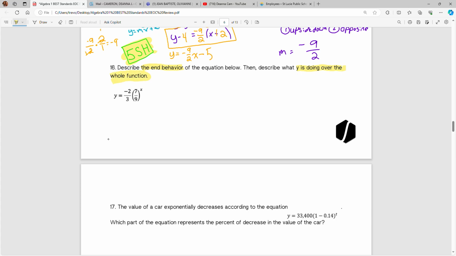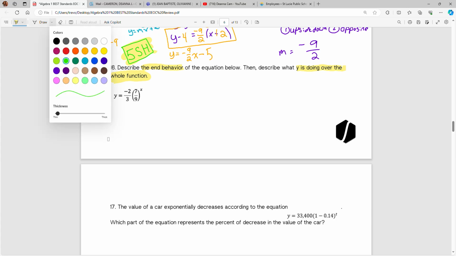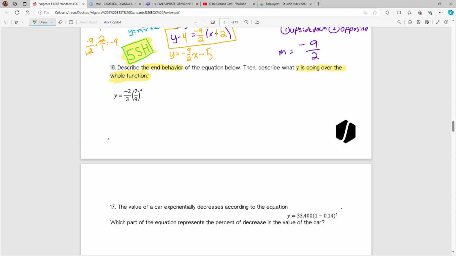So when we look at number 16, I can see right away that we have an exponential function because we have a number to the power of x. And if you look on your reference sheet under forms of exponential functions, you have the first equation, f of x equals a